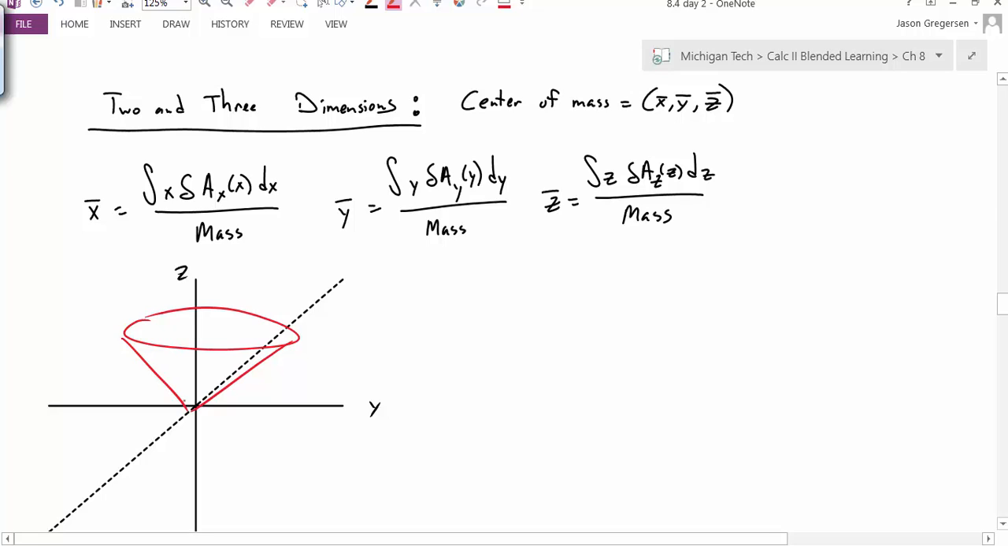I have to add things up like this in the z direction to find the z center of mass. I have to slice it like this and add them up in the y direction to find the y center of mass. And I have to do that in the x direction to find the x center of mass. I have to do that each time, in each direction. But in each case, what I'm going to do